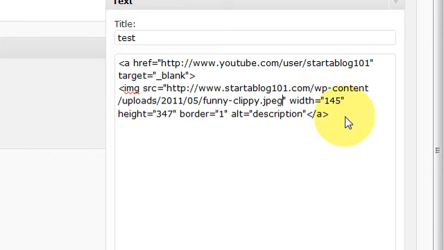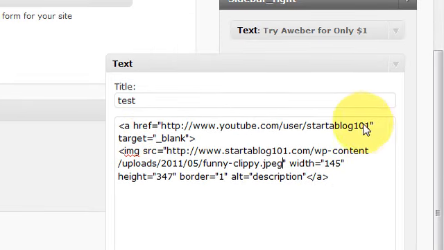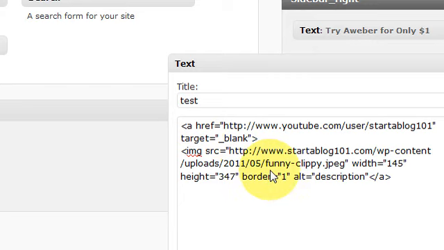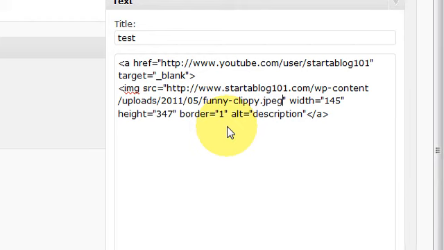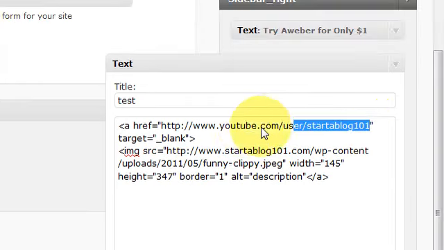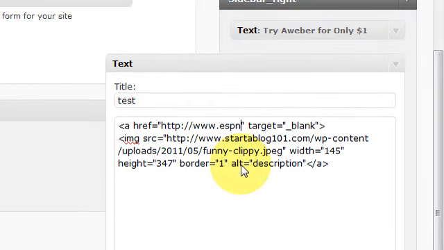Now up here, let's just say you want this image to link to another web page when somebody clicks on it. So for example, let's just say we wanted that image to link to ESPN.com. So basically what you're going to do is you just type in where you want it to link to. This target equals blank, all this means is that when somebody clicks on this picture, it is going to open up in a new tab or in a new window. It's going to open up in a new tab actually. And that's it basically. Once you do that, you just hit save